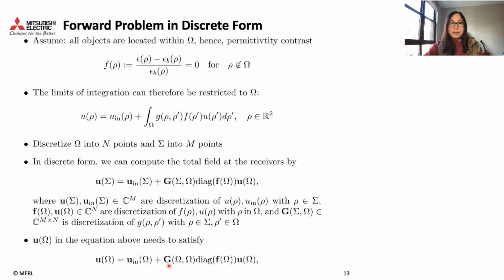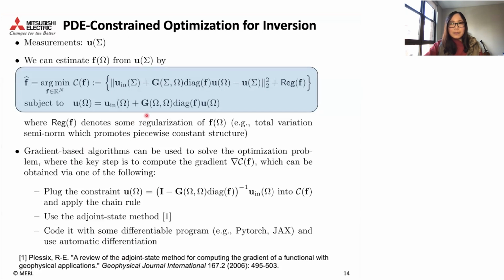But now our Green's function will be with both rho and rho prime in the computational domain, right? And then this will be the equation where we can compute the total field within our computational domain. So these are the two equations that we will be using for doing the inversion, which